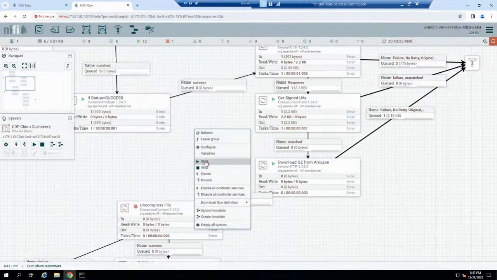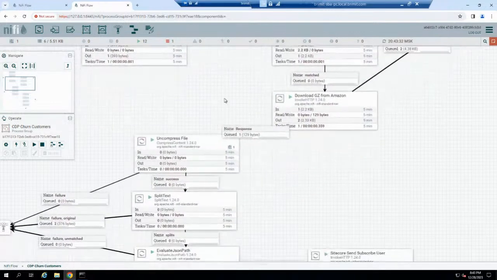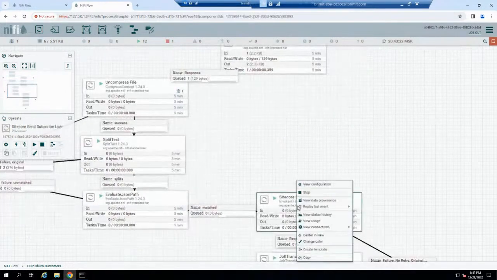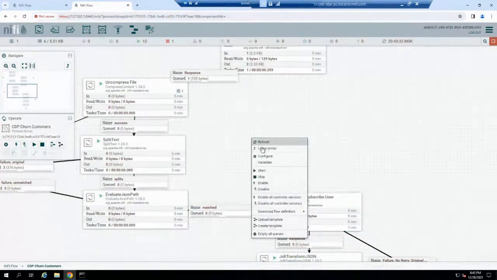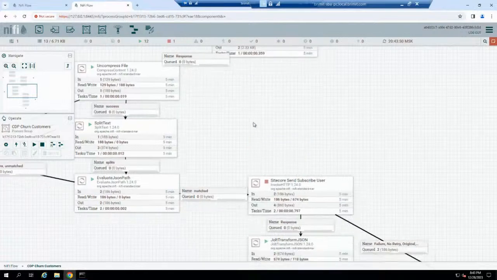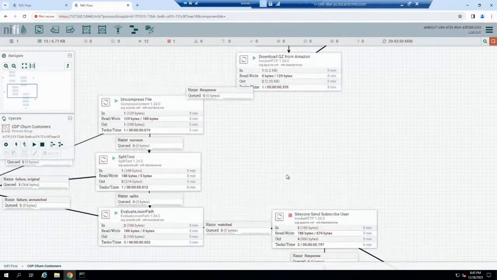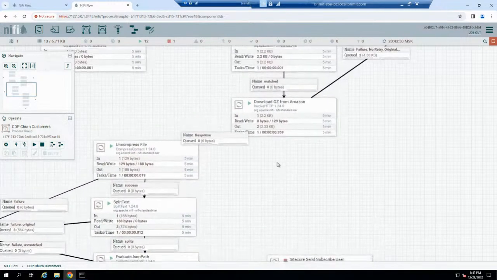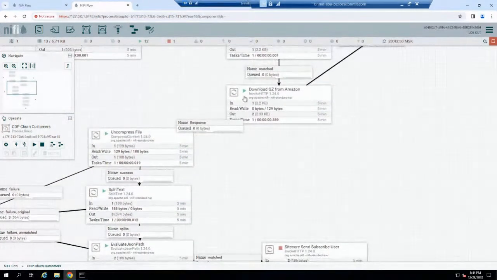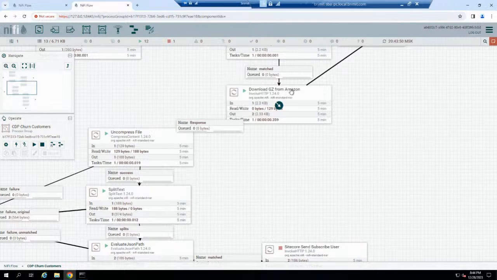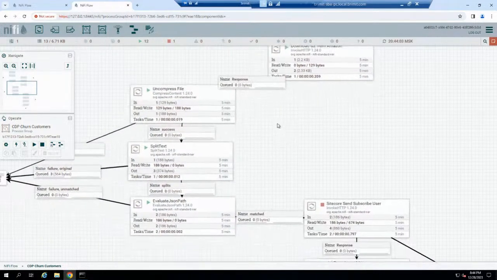Let's go forward. Okay, it seems that all things are done. After downloading files from Amazon, we uncompress these files, then we split text and parse